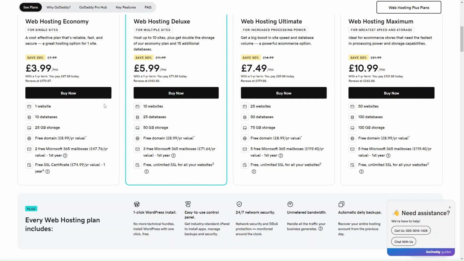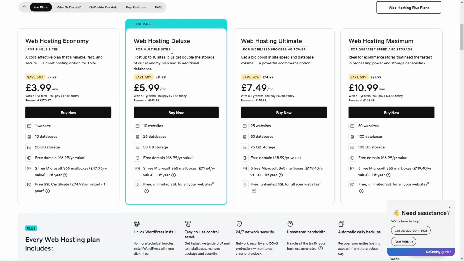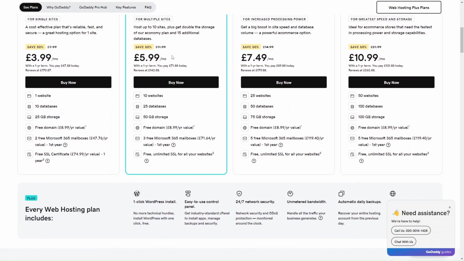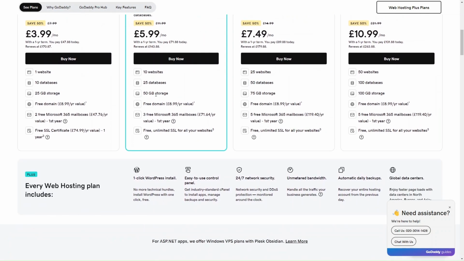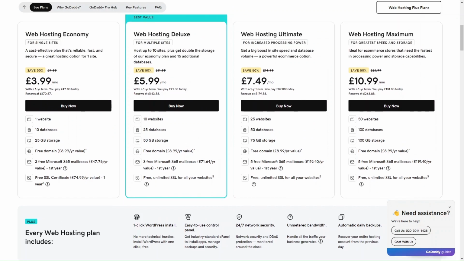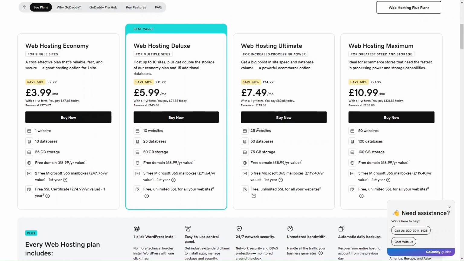And then the deluxe plan is a step up. It's good for multiple sites, and you've got about 50 GB storage, as well as unlimited SSL for real sites. Then you've got the ultimate plan, and this plan is specially designed for more agency types, because you can have up to 25 websites hosted on this plan, 75 GB storage,